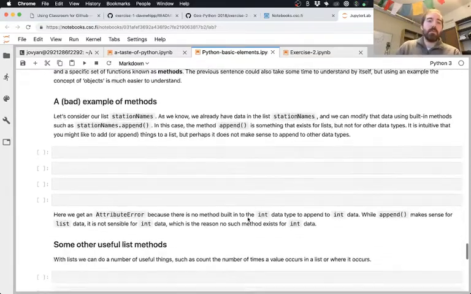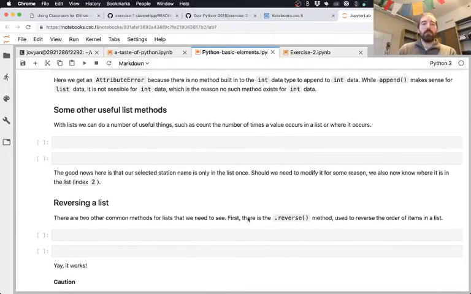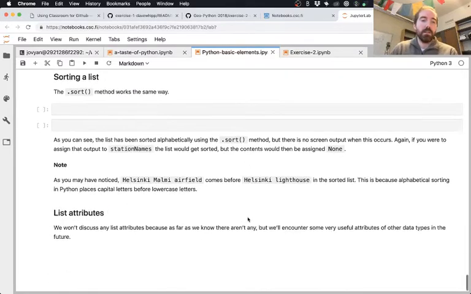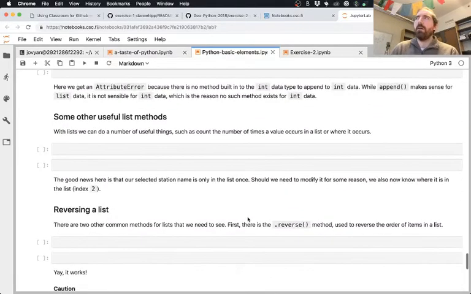There's more stuff that happens later in the lesson about modifying lists, adding values, reversing them, making changes to the list, sorting things. We don't do a whole lot of sorting. I think there are some lessons where you might add things to a list if you want to, because one of the useful things you can do in Python is create an empty list and then start using this append method, this dot append thing, to add values to the list.